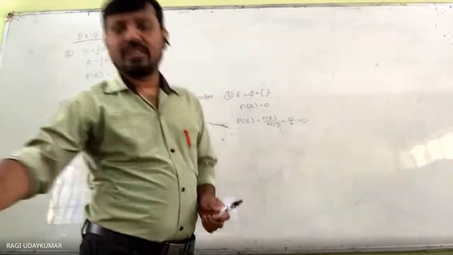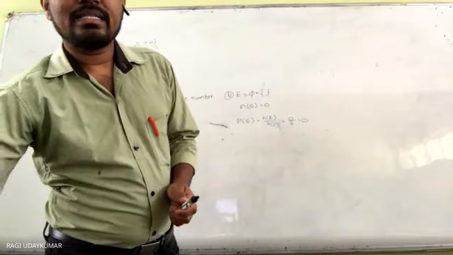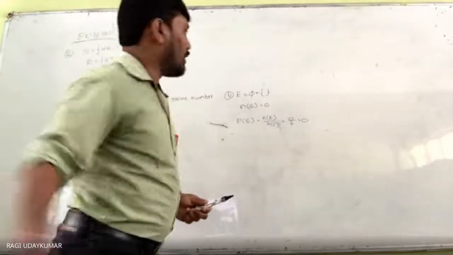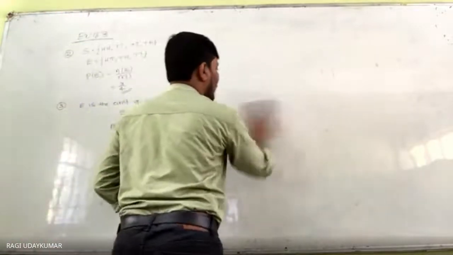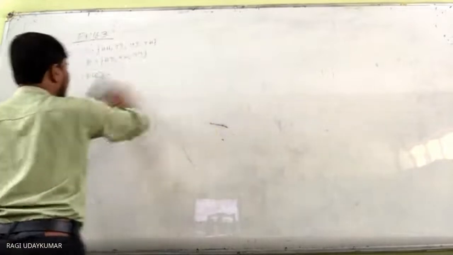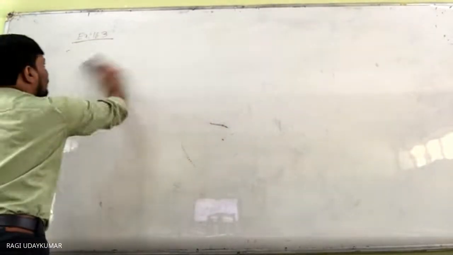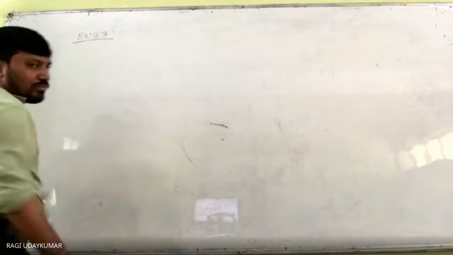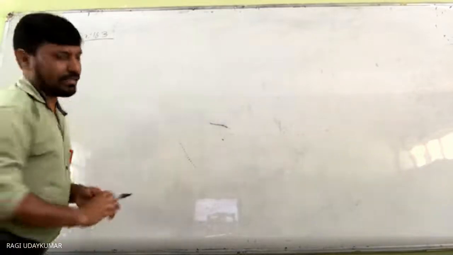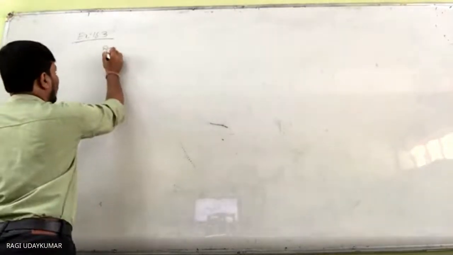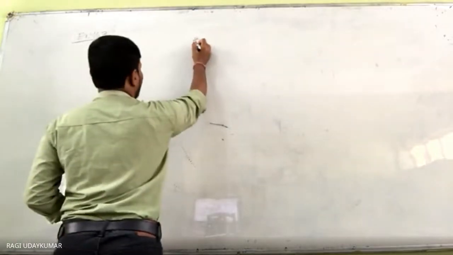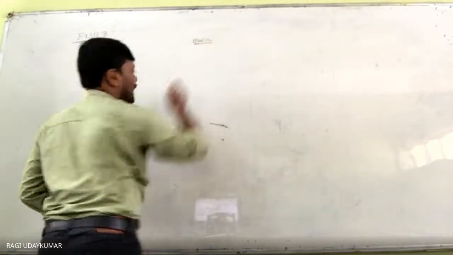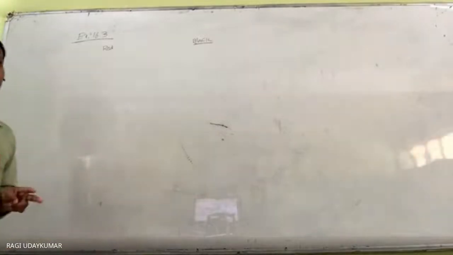A card is selected. Yes, this question you see here. A card is selected from the 52 pack of cards, and you need to know about the cards. So I will revise about the cards here. What are the different types of cards? We are going to have two colors whenever you take a deck of cards: one is red color, another one is black color.